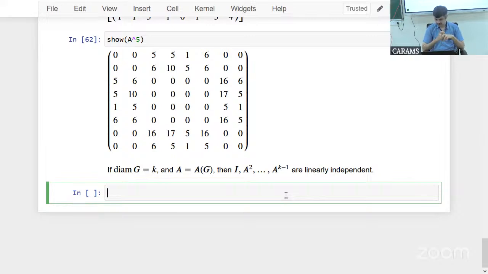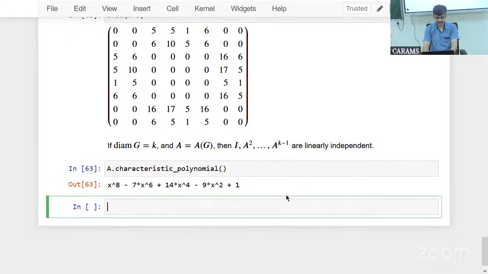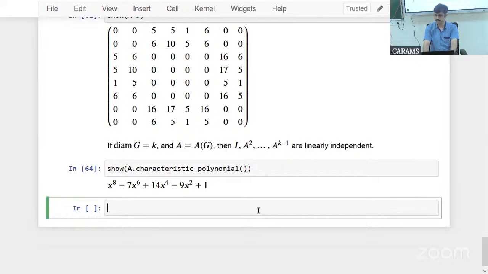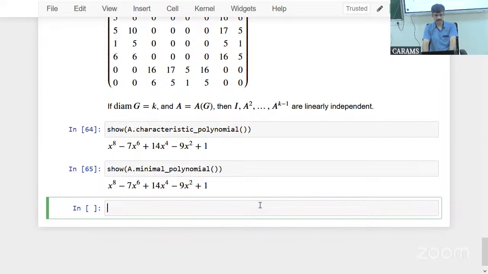But okay, what are the polynomials associated with the matrix that help you find the eigenvalues? One is the characteristic polynomial. Okay, let's look at that. This is the characteristic polynomial. Any other polynomial? Related to eigenvalues, the minimal polynomial, for any matrix, not particularly for graphs, for any matrix. Here, the minimal polynomial happens to be equal to the characteristic polynomial, which in fact indicates that